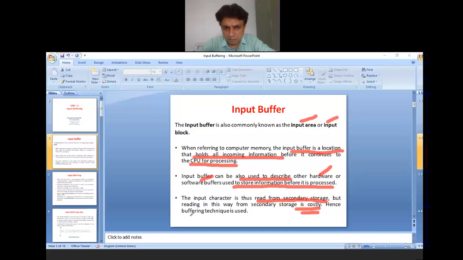Hence the buffering technique is used. In order to save cost, we need to use the buffering technique, as reading from the secondary storage is very costly. That's why we are using the buffering technique, and this technique is called the input buffering technique. Now moving to the next slide.